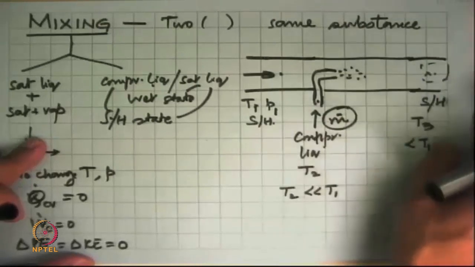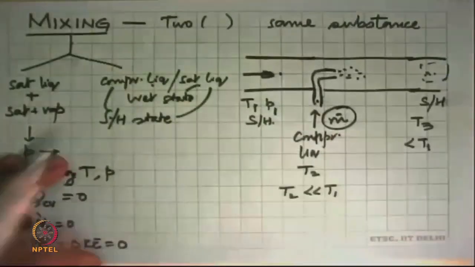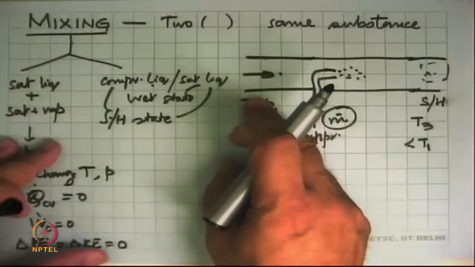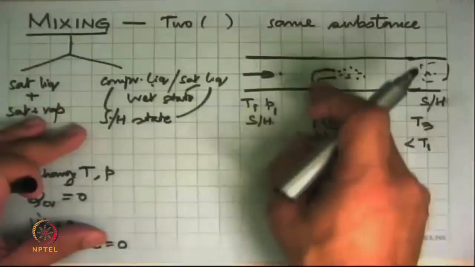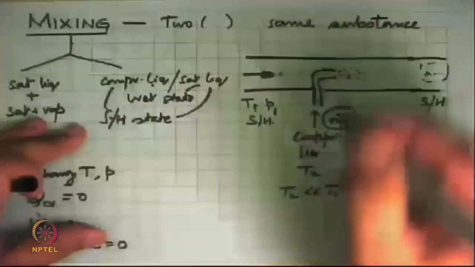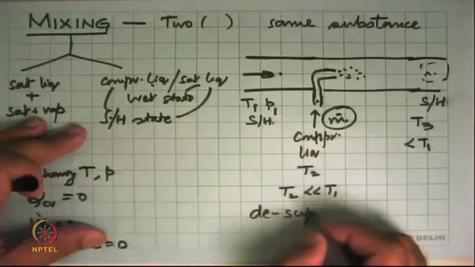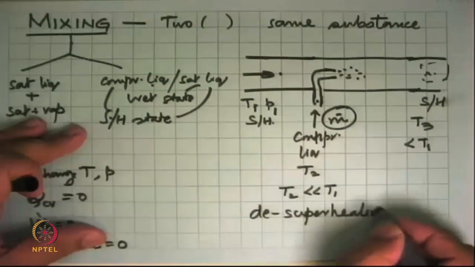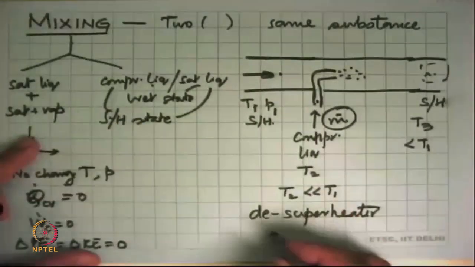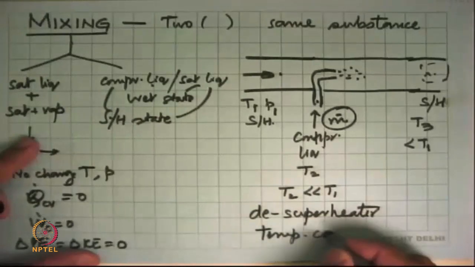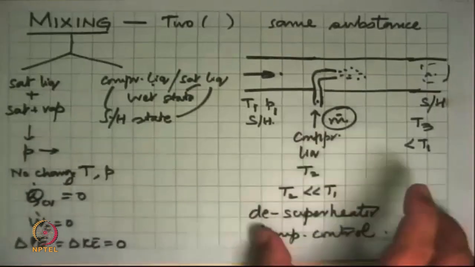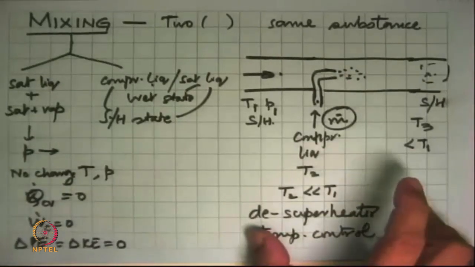So in any process, and especially say in power plants, when you say that the turbine inlet temperature has to be fixed at this value, we cannot just by heating steam produce that temperature. We produce a slightly higher temperature, and then by injecting small amounts of this, we are able to maintain the temperature that we want. So this type of device is called a de-superheater. And this allows us, in the practical world, temperature control. So there's hardly any power station where it won't have this type of arrangement before the steam enters the turbine and starts the expansion process.